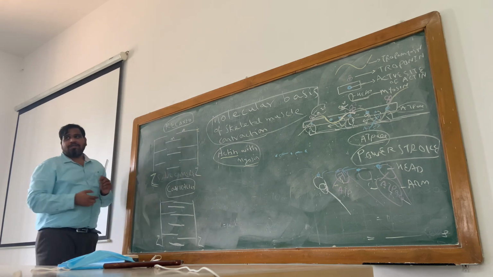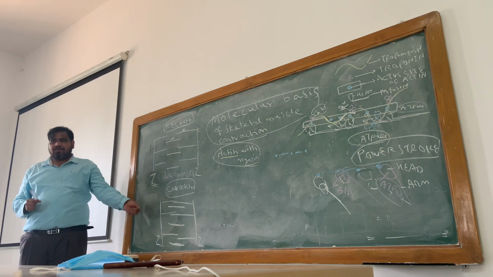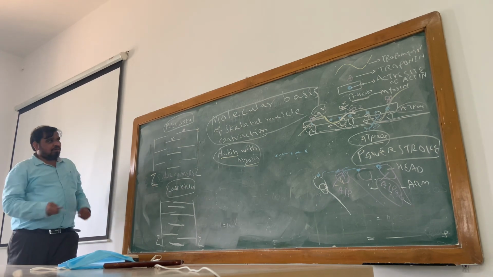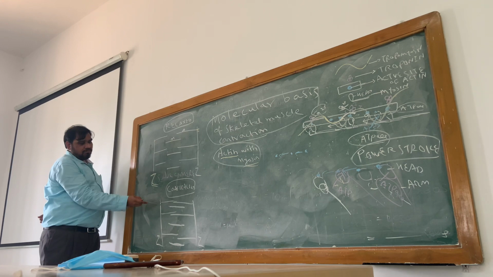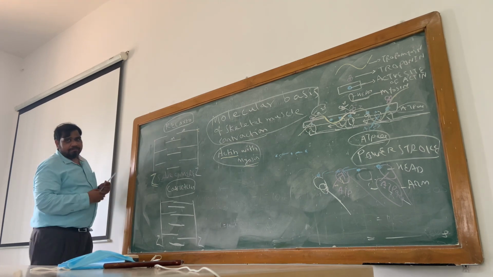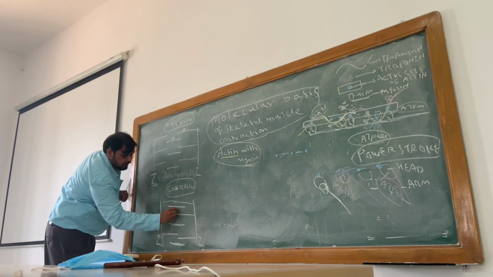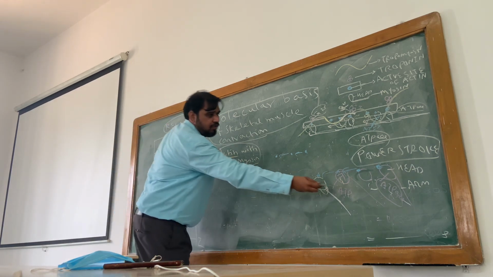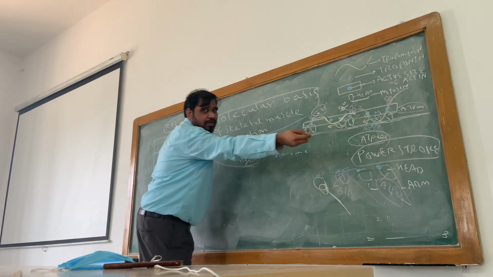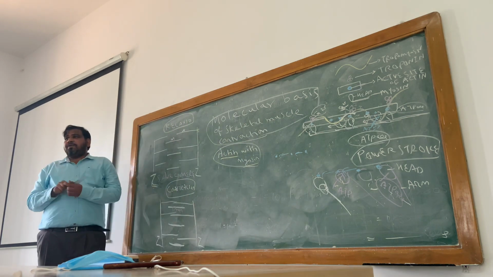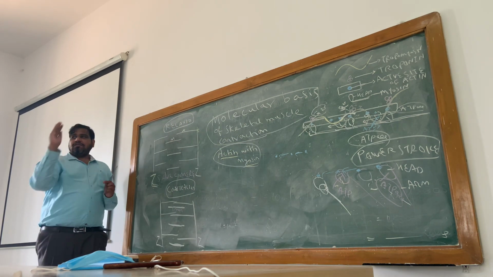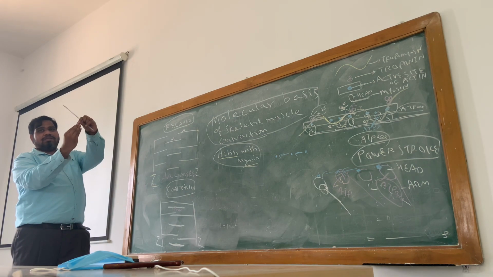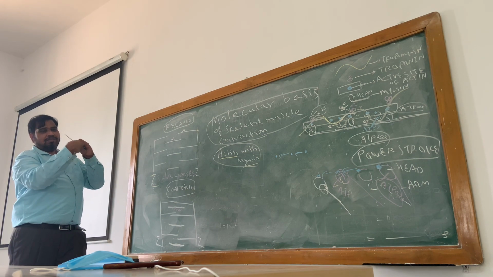If you ask what happens to the length of the sarcomere during contraction, the length is shortened. Now next question, what happens to the myosin length? It remains the same. Why the same? You can explain based on this diagram. It remains the same because it goes back. So simple, just imagine this as the myosinate and this as the active site. The myosinate moves the active site, and it comes back.